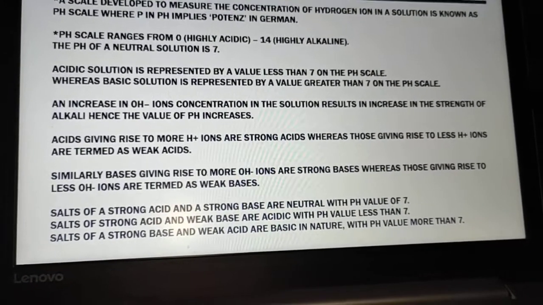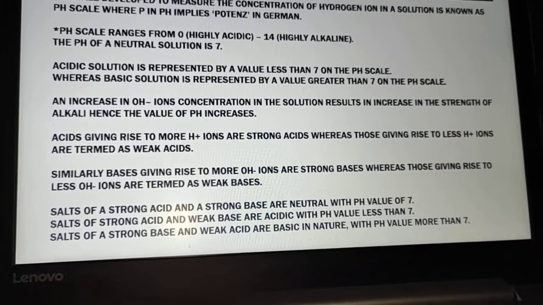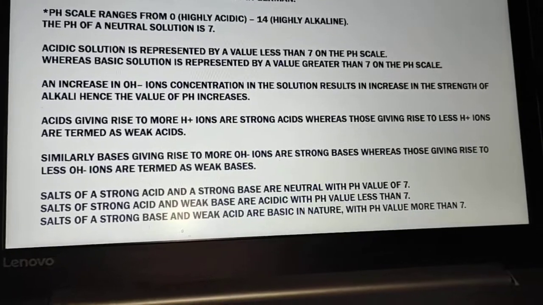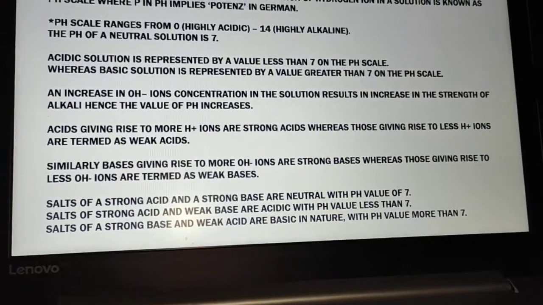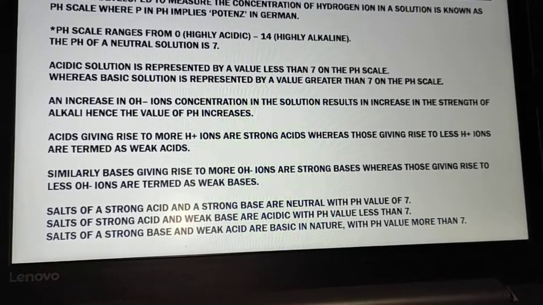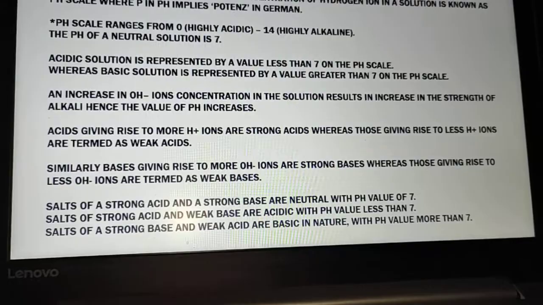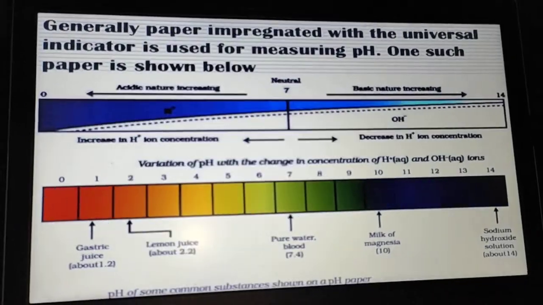अगर आपका strong acid और weak base होगा तो that means आपका pH जो है strong acid dominant है तो आपका strong acid की तरफ जाएगा. अगर salt of strong base और weak acid होगा तो आपका again strong base की तरफ आपका pH का लेवल increase होगा. ये आपका pH स्केल है.